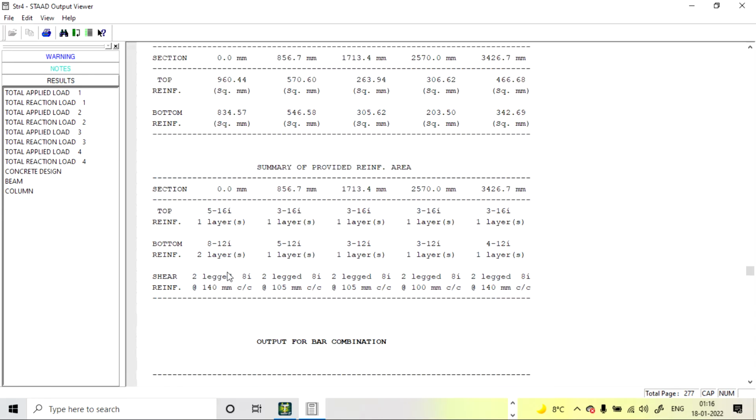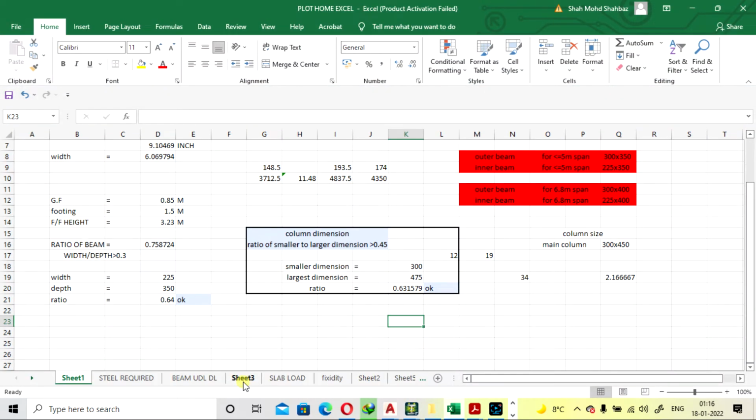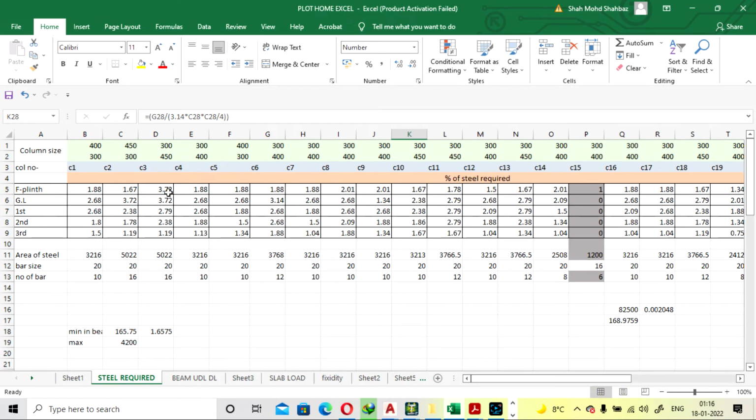Okay, so you can change according to you also. So here we have done the steel requirement, so you can make this excel sheet like this. So mark the column numbers, mark the percentage steel. Okay, floor by floor, and here you will get the area of steel and just what bar you want to provide. If I want to provide 12 mm bar, the number of bars required will be 80. If you provide 20 mm bar, it will be 10. Okay, 10 number of bars.